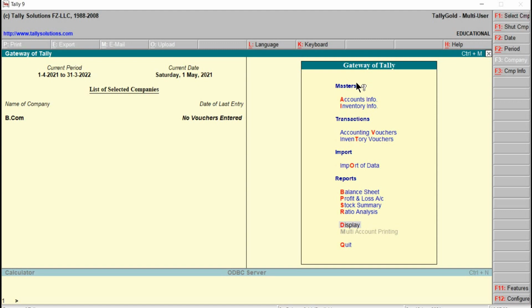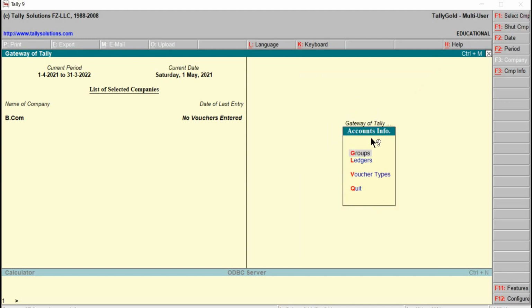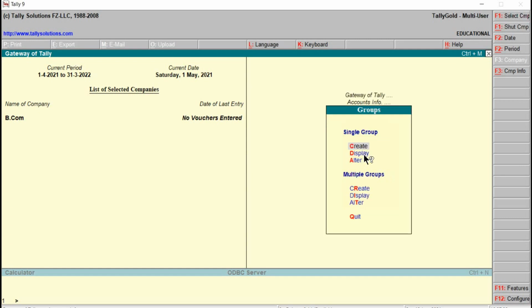From the Gateway of Tally, we have to go to Masters, Accounts Info, or we can make use of the letter A also. Just click on this, Enter. Then here comes the Accounts Info menu. Then let's go for Groups, the letter G can also be pressed. Then click here.